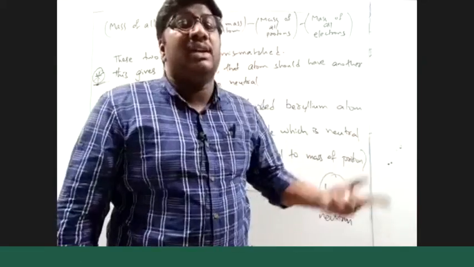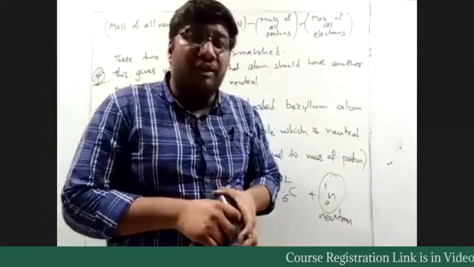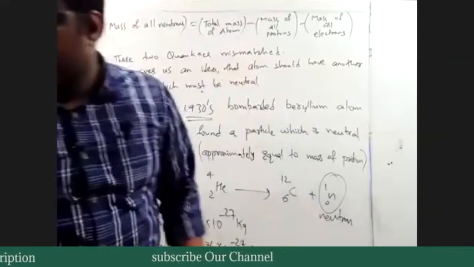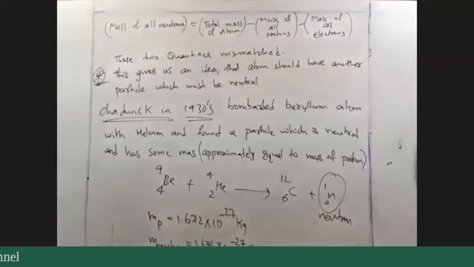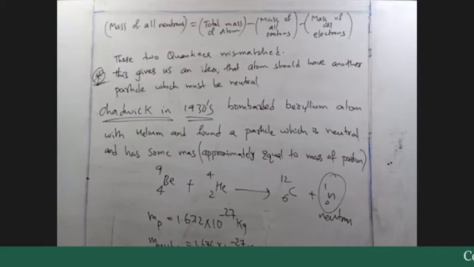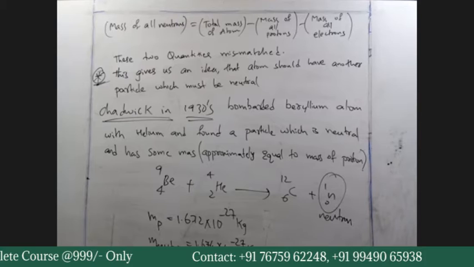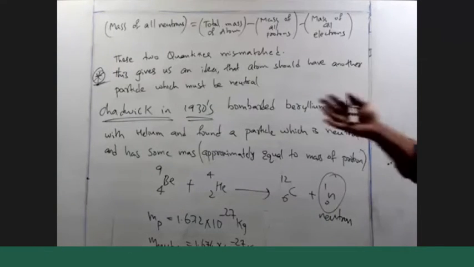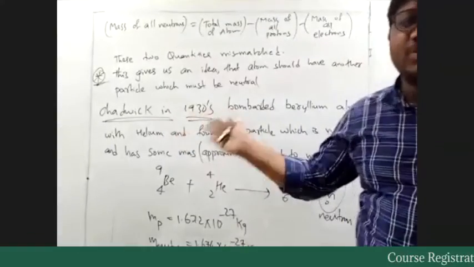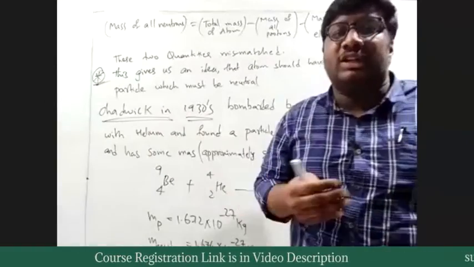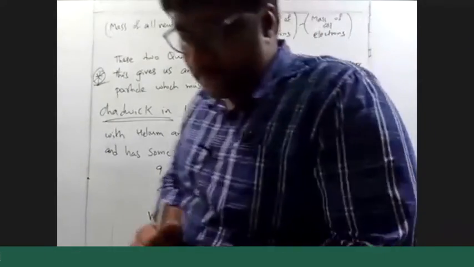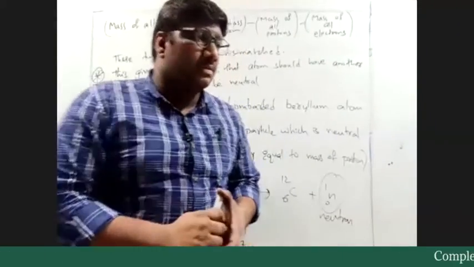We will discuss that after Rutherford's model, Rutherford's alpha ray scattering experiment and the discovery of the neutron. Clear or not? The discovery of the neutron was done in the 1930s, 1932 or something. Those years we don't actually need, but if you follow the timeline, then it would be interesting. Fine. So all these things clear or not?